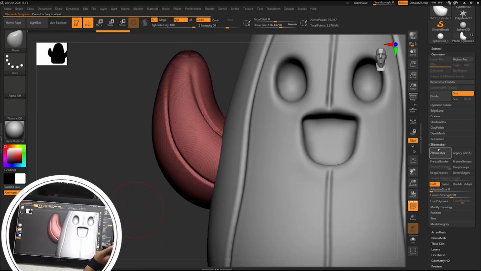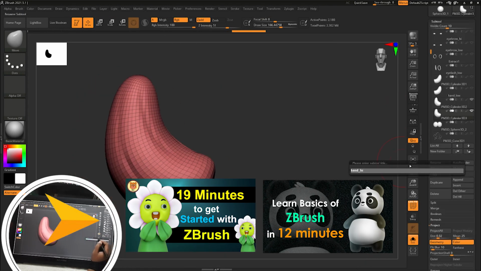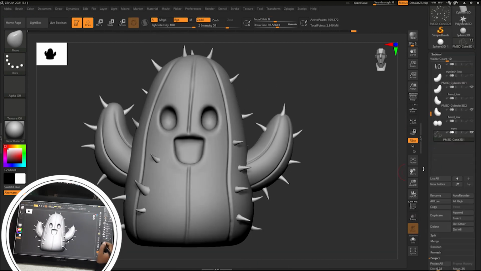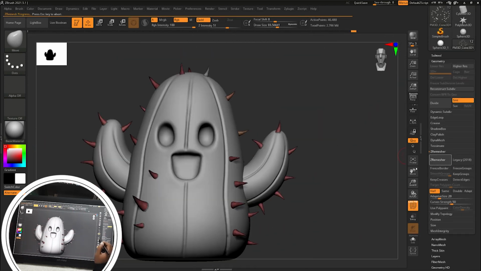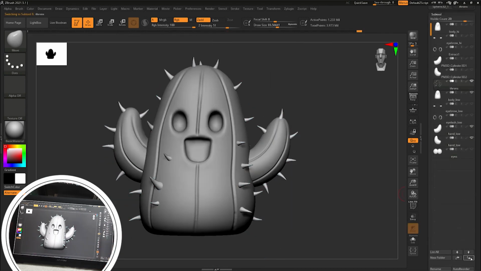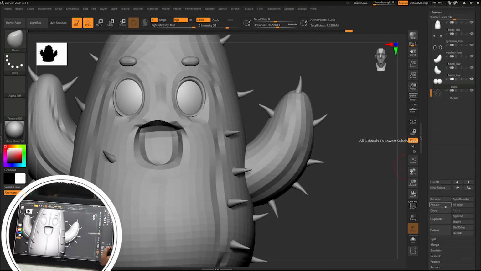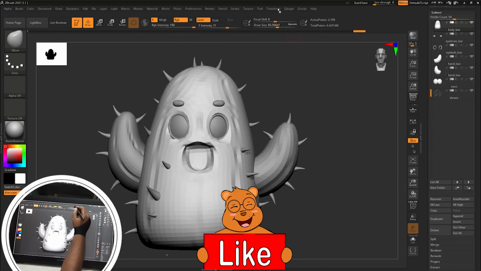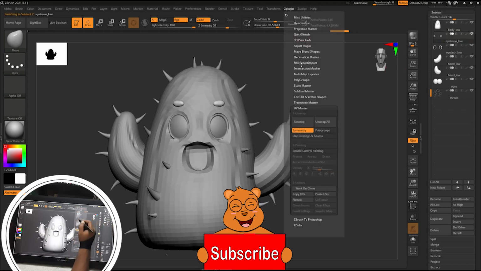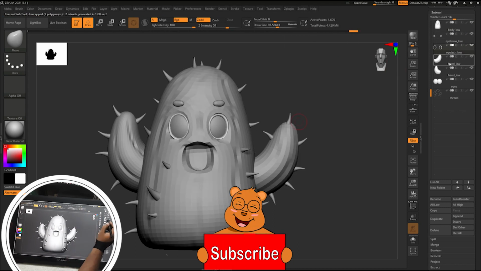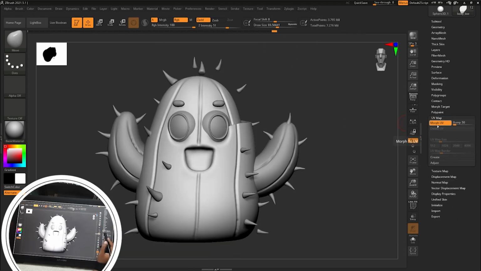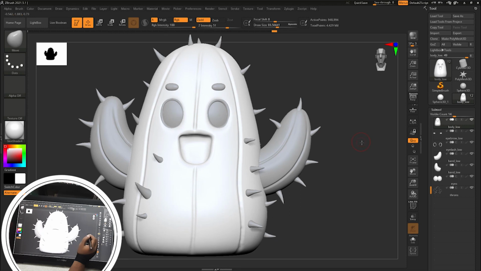For more details, you can just go to the other videos, and you can easily get the hang of it because it's very easy. Just projecting it and renaming and duplicating it and moving it to the lower side. And just for UVs, you have to select the model and click unwrap by going to the UV Master option. You can see the UV is unwrapped.